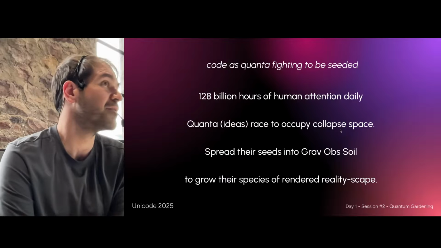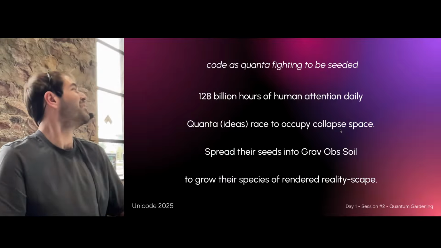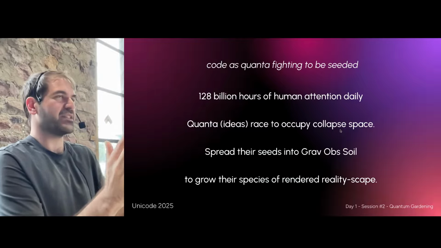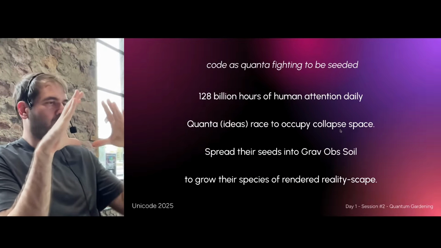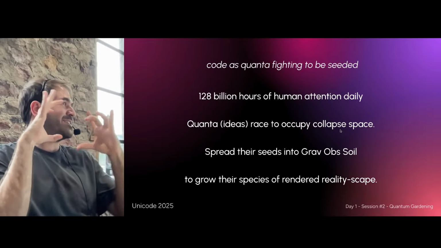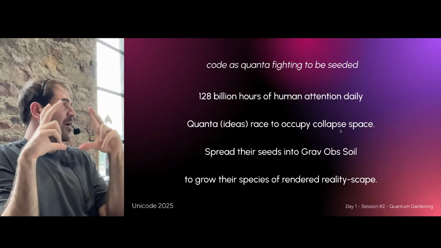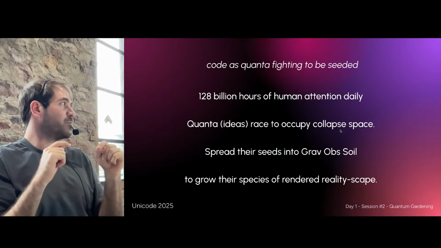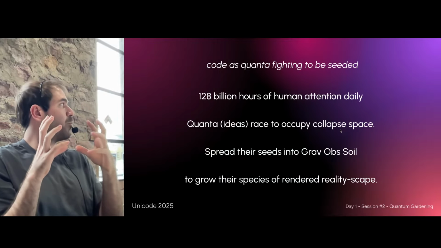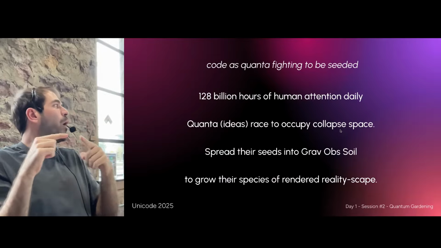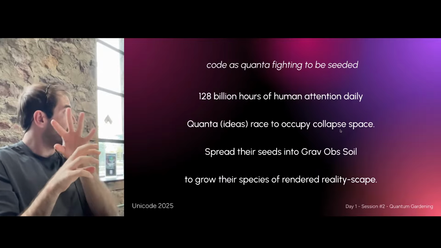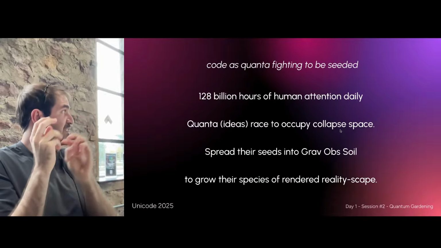So the whole idea of those ideas racing to occupy collapse space: if what you're imagining is the connectome of all the gravitational observers entangled around as the cosmic vacuum around the world, then all of those gravitational observers are little soil portals. All of them are just little open, spacious soil portals. Then the quanta, the code, the idea that gets fabricated by those portals and tries to spread itself across that internet connectome of stuff,